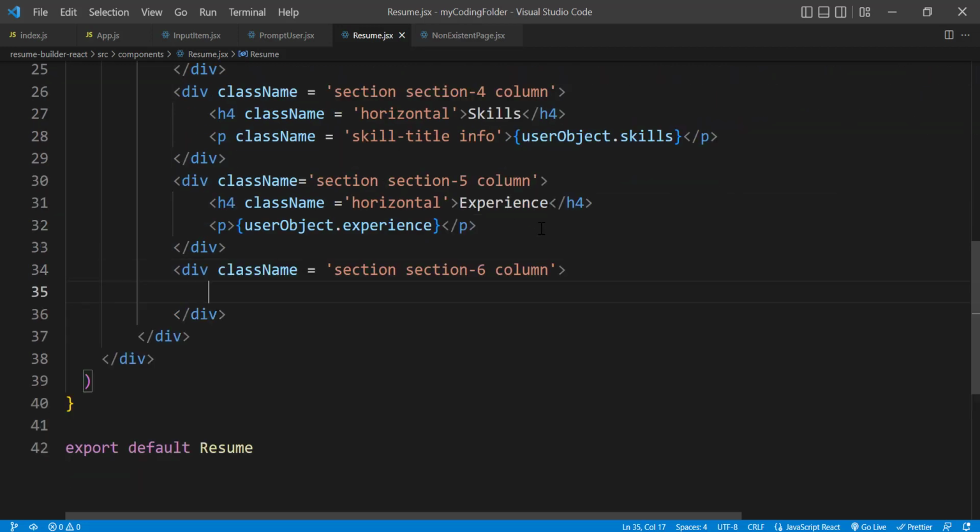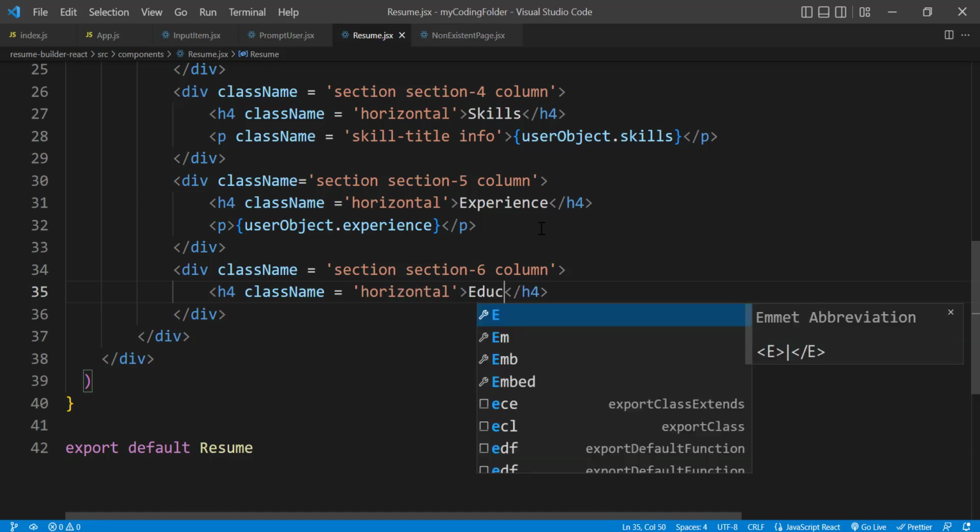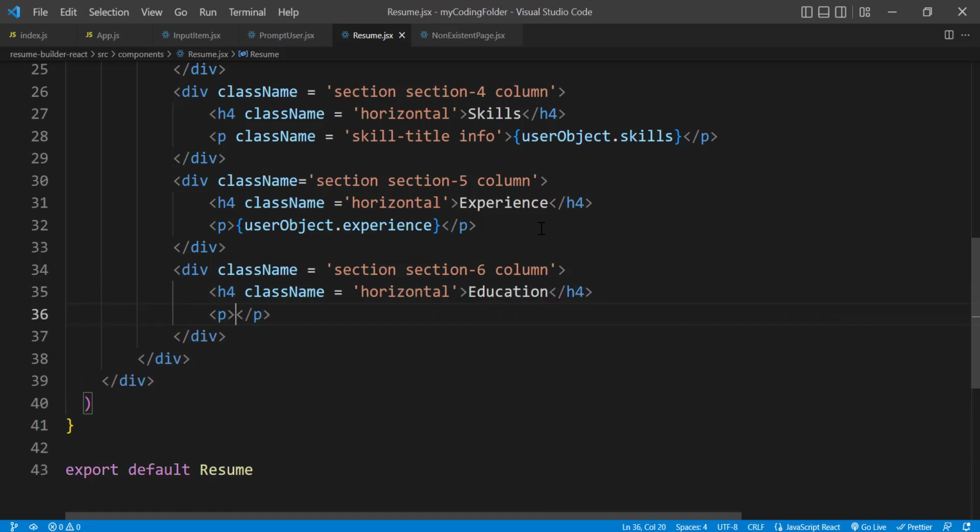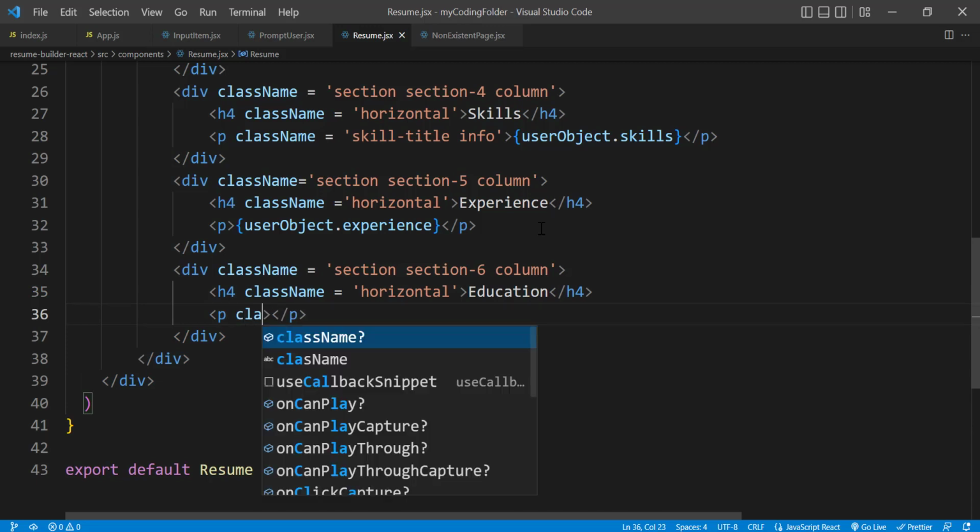So we want to create section 6 and give this an h4 as well. I don't know why I typed h3, so h4, and this will have a class name of horizontal, and this is going to show us our education, and we'll just pass in our p tag, give this a class name of